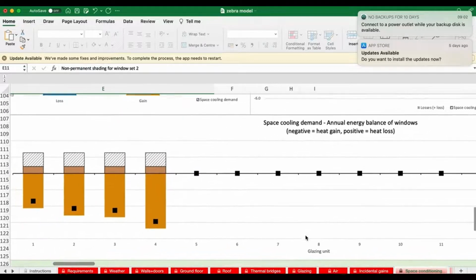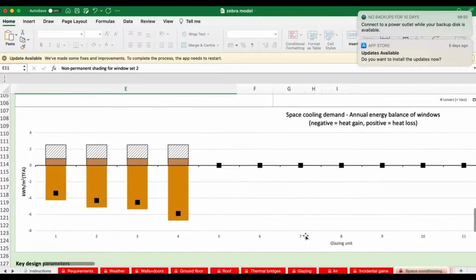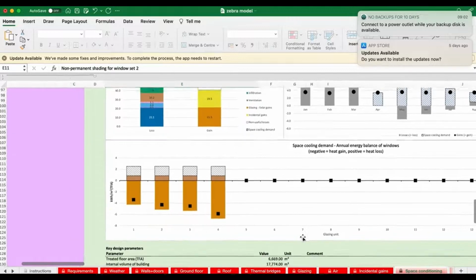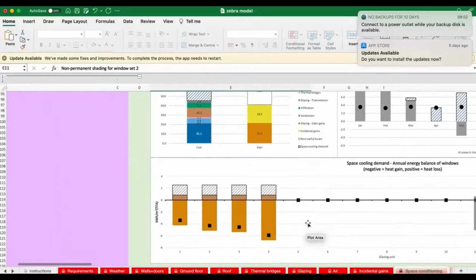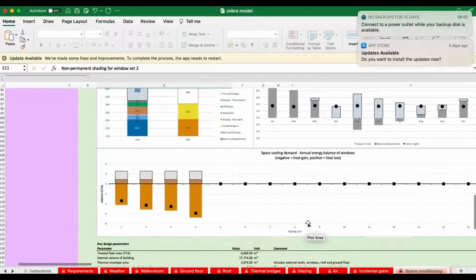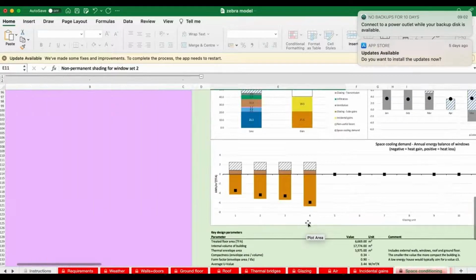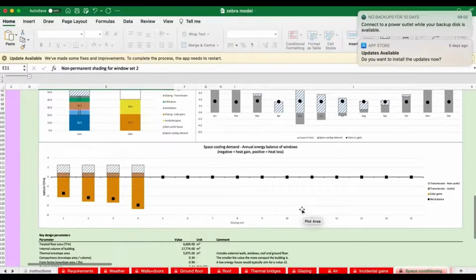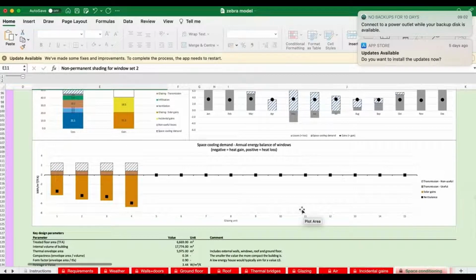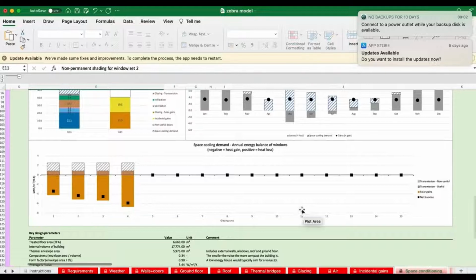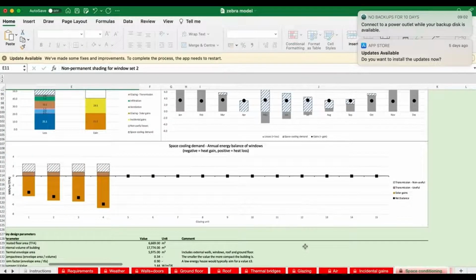And we can look at that just from the windows as well. So for each of the windows, window sets, sorry, I'll bring up the key so you can see the key. Okay, and we can look at the transmission losses and their gains, and see whether the window is of net benefit, which is normally the case in a heating environment, or a disbenefit because it's requiring a cooling load.